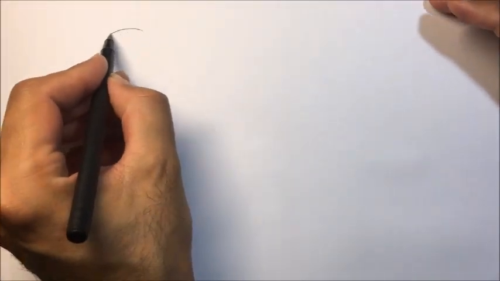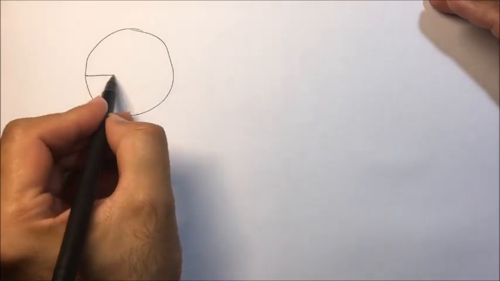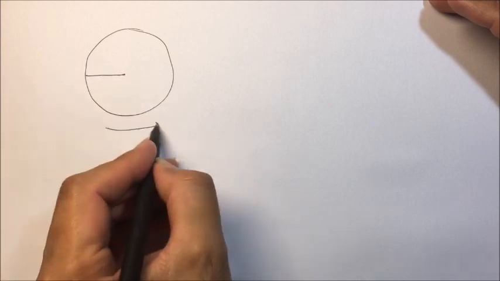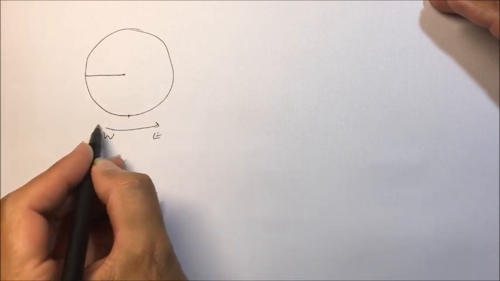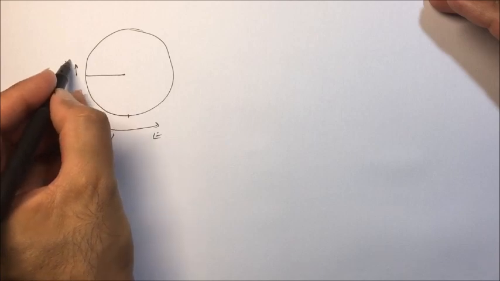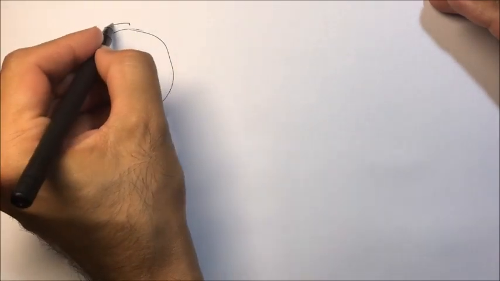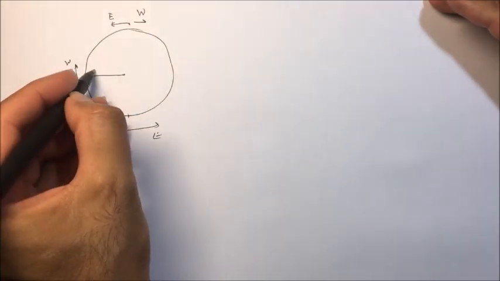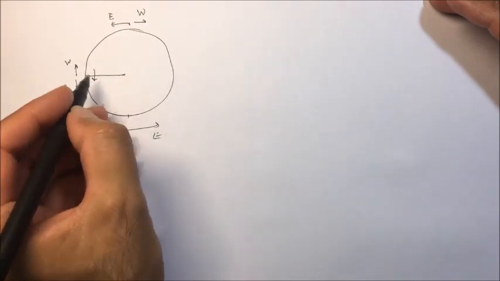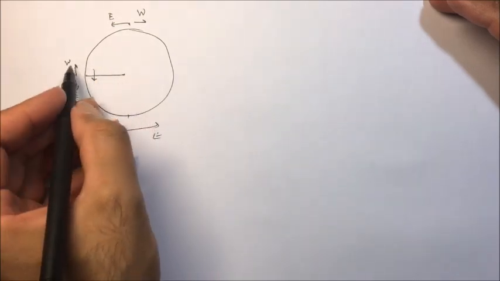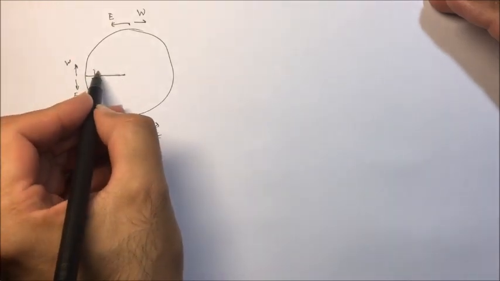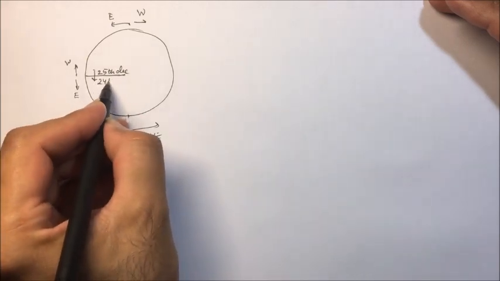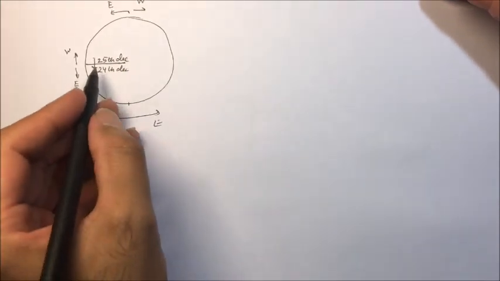Now, for example, this is the Earth, and this is the international dateline, the 180-degree meridian. Earth rotates from west to east. At this point this will be the west, this will be the east, and at this point this will be the east, this will be the west. Now, as the person is crossing from west to east, on this side of the dateline it will be 25th December, for example, and on this side it is 24th December.